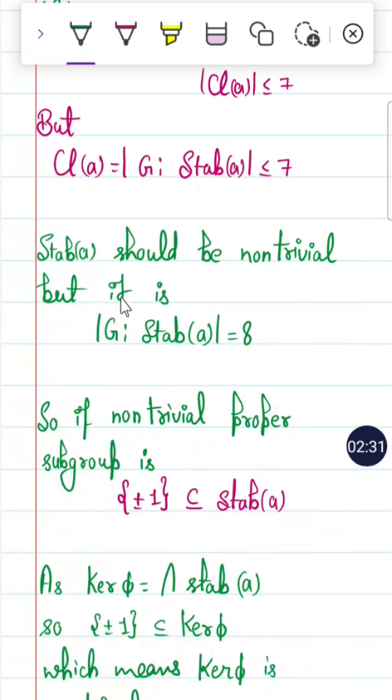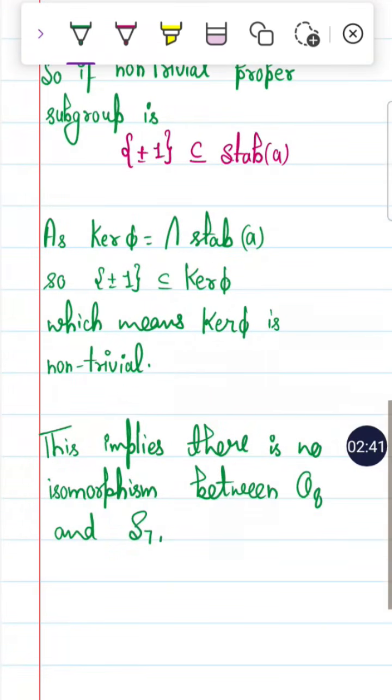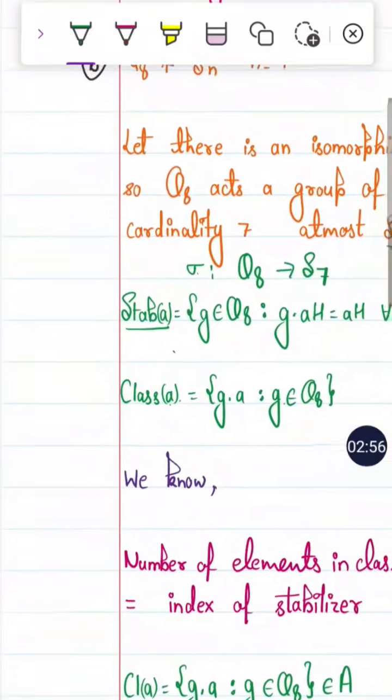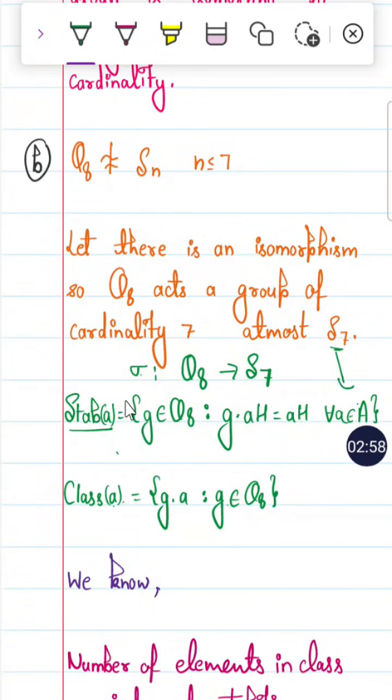If it is non-trivial, then this implies the cardinality of G over the stabilizer of A is not equal to 8. So if it is a non-trivial subgroup, then the stabilizer of A contains plus or minus 1, and we know that the kernel of phi is equal to the intersection of the stabilizers of A. This implies that plus or minus 1 is contained in the kernel of phi. Kernel of phi is non-trivial, so there is no isomorphism between Q8 and S7, because if the kernel of phi is trivial, kernel of